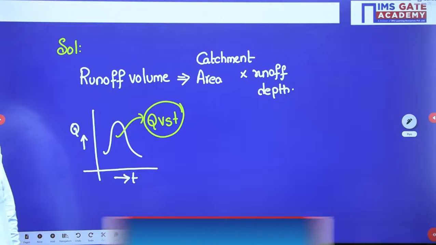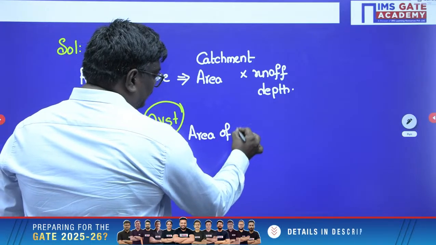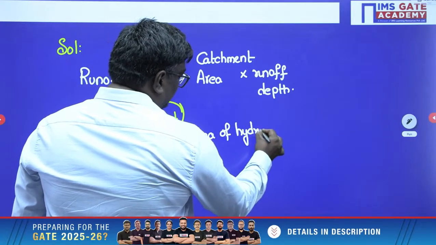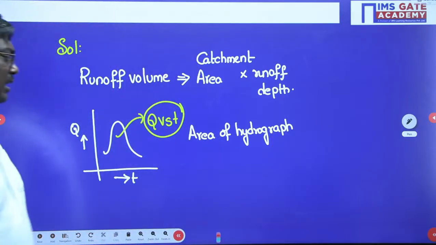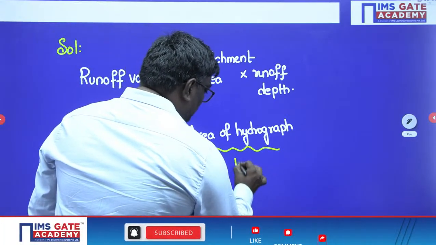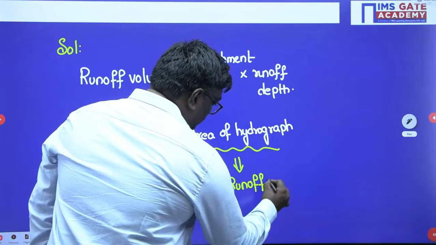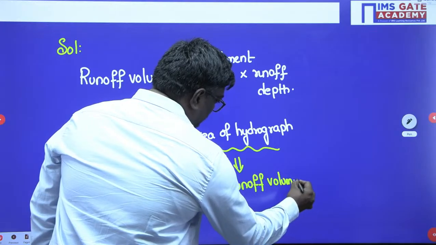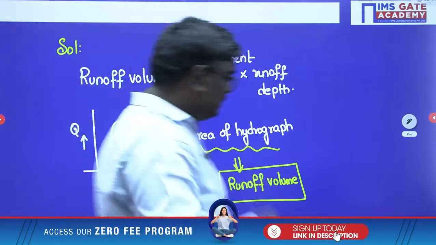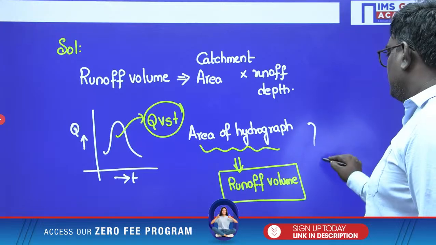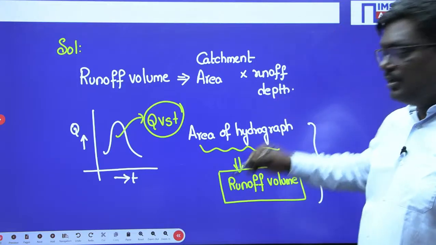So my dear students, if I find the area of the hydrograph, that will be equal to the runoff volume. Agree or not, sir? The area of the hydrograph is equal to the runoff volume. Okay. Now see, students, there they have given